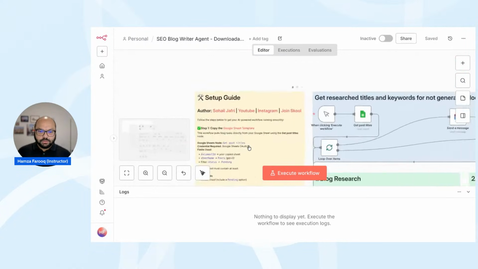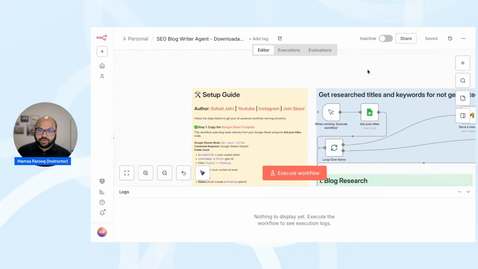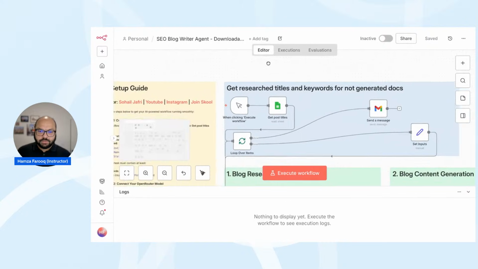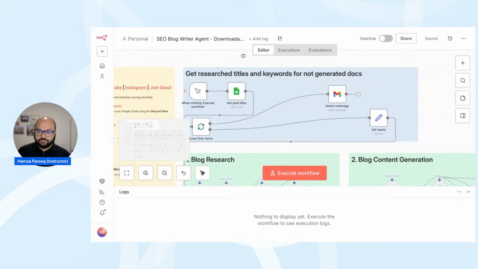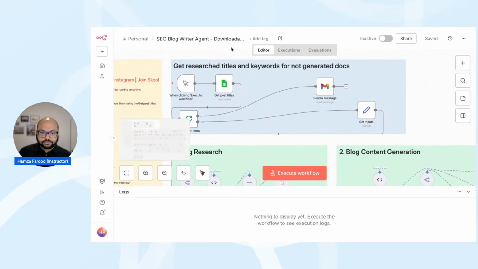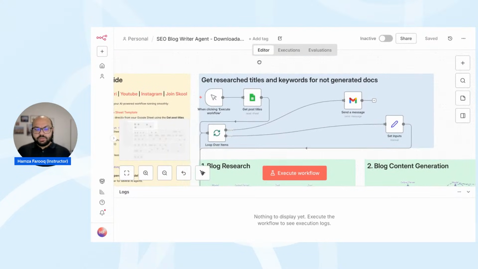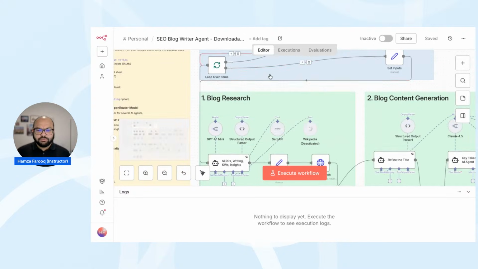This workflow is built by a person named Sohail Jafri, very, very smart person. We picked it, and we've credited him. There are links for him. If you want to follow what he has built, you can go to these links. This is also available on our GitHub, so if you want to see where these N8N examples are, you can go to our GitHub. The GitHub has all links to these. If they don't, we'll make sure that they're available within the day. So these are available for you all to check out.